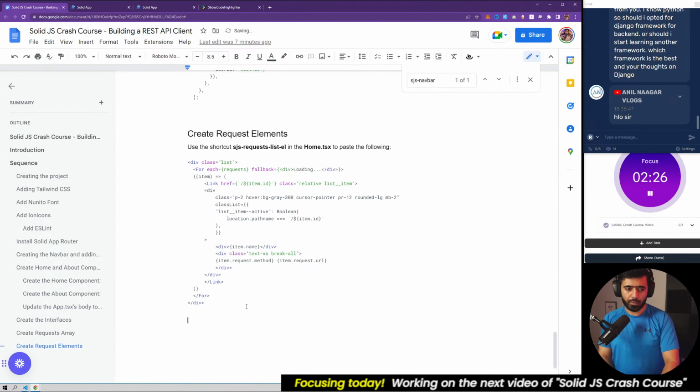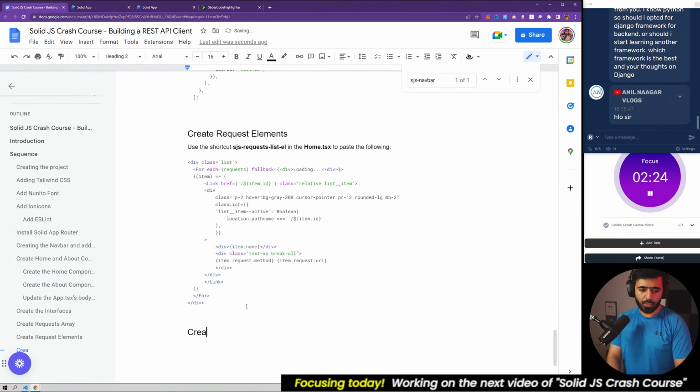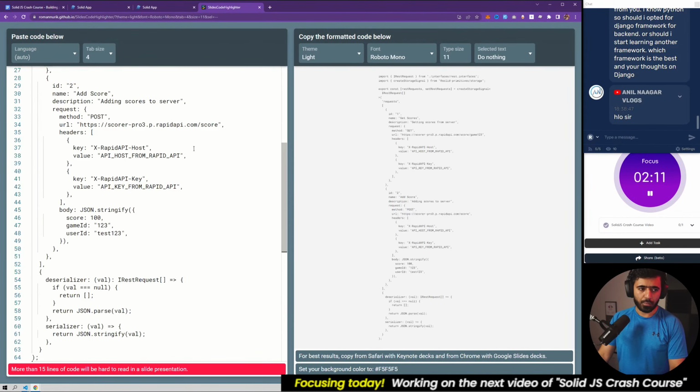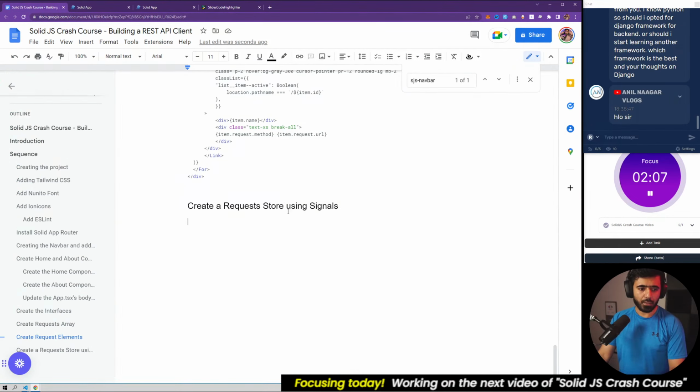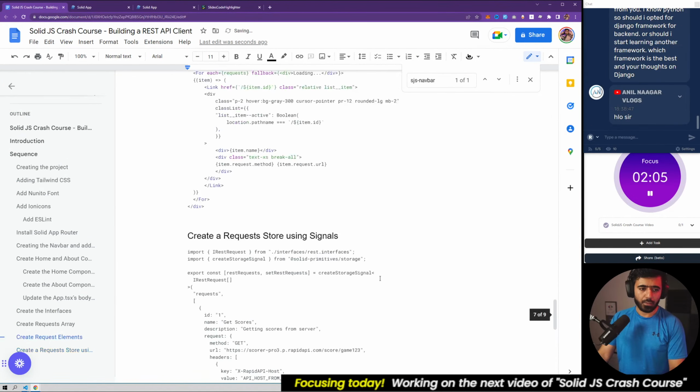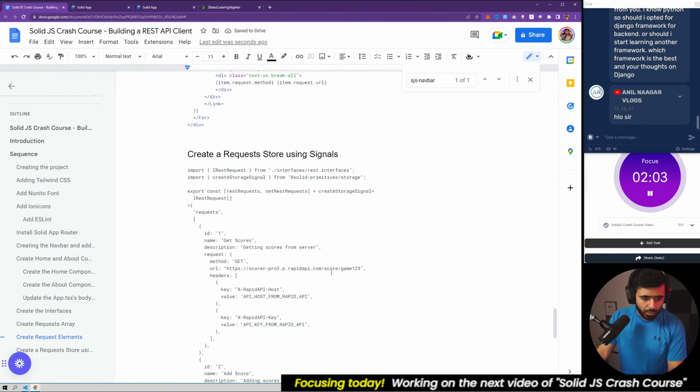So we create the request elements, then we create requests store using signals, right? Let me paste this code here. Let me copy this guy and then we paste it here. So essentially we are creating